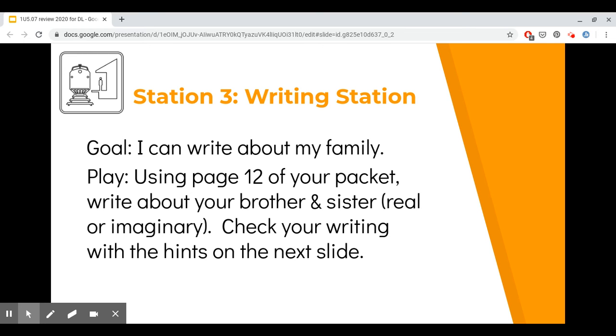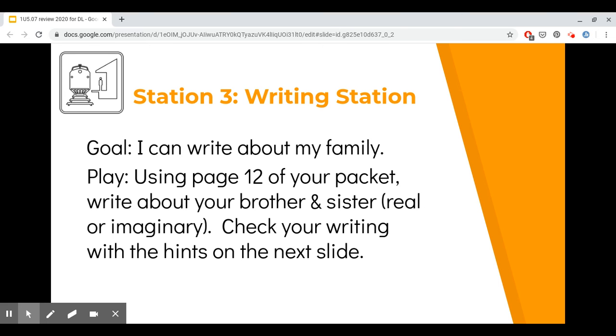Okay, station 3 is a writing station. The goal is that you can write about your family. So, using page 12 of your packet, you need to write about your brother and sister. Now, these can be a real brother and sister that you have or imaginary. So, if you're like, yo, Madam C, I don't have any sisters, cool, make up one.